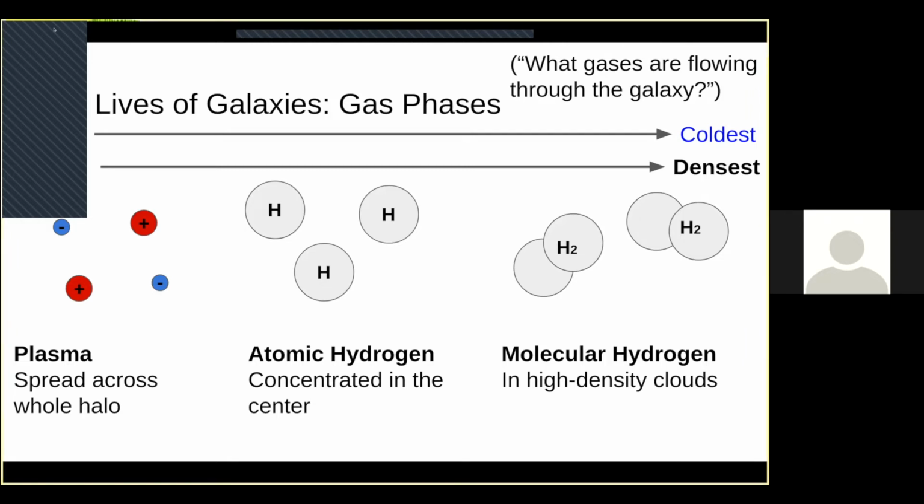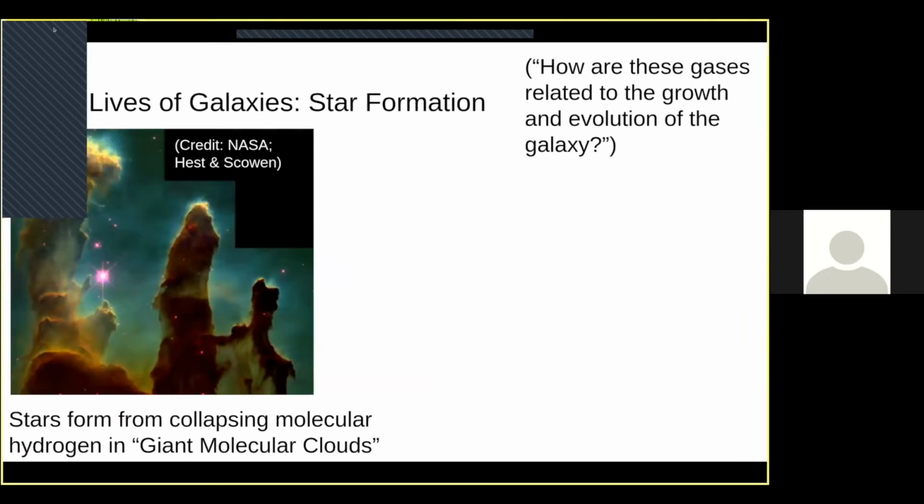And that molecular hydrogen is really one of the main characters of this story, because it's what forms stars. So on the left, we have the Pillars of Creation. It's one of the most famous astronomy images of all time. And these are giant clouds of molecular hydrogen. They're actually evaporating clouds. There are some bright stars above this image that they never show that are evaporating it.